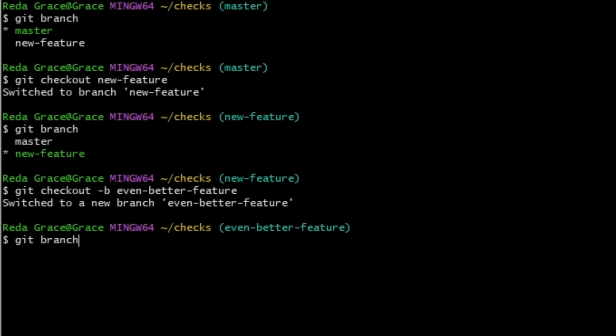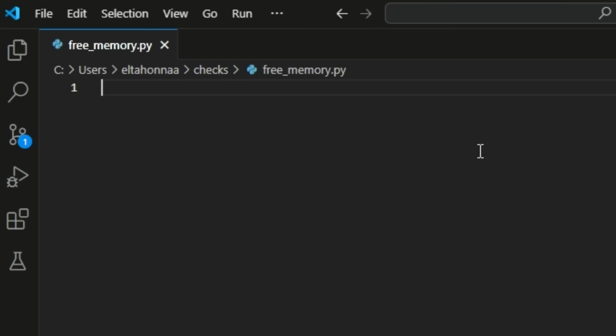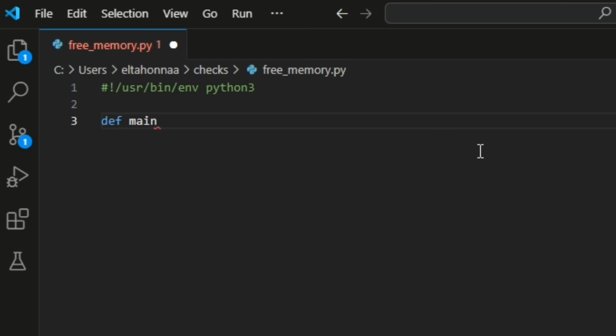Super efficient. Now that we have our shiny new branch, let's create a new file in it. We'll create a new Python 3 file that will include the usual shebang line, an empty main function, and a call to that function. This file is empty because it's only the beginning of our work. As it's in a separate branch, it's okay for it to not be finished yet.